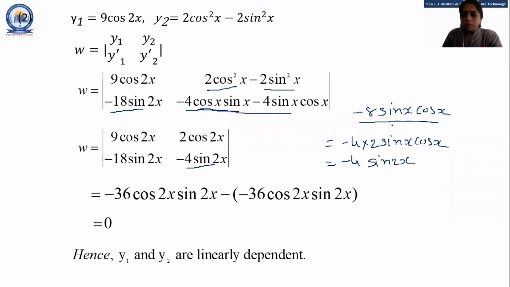Okay, any doubt, students, about this step? Any doubt? Because after minus 8 sin x cos x, we can write it as minus 4 sin 2x. Okay. So now, if we solve this Wronskian,